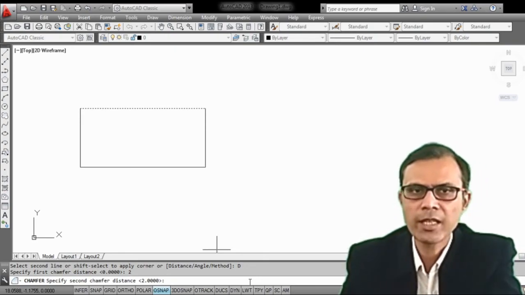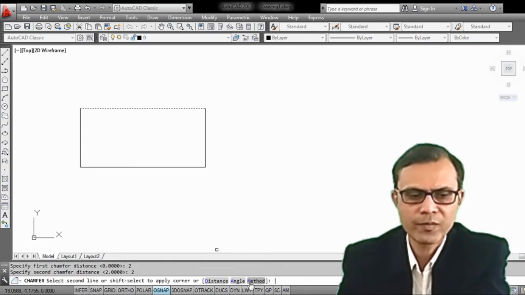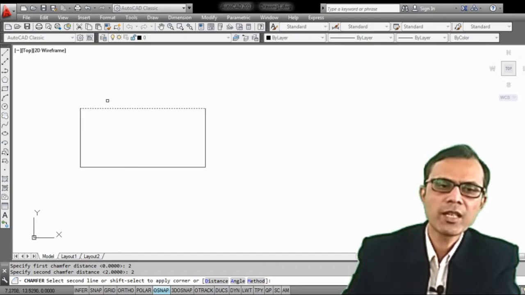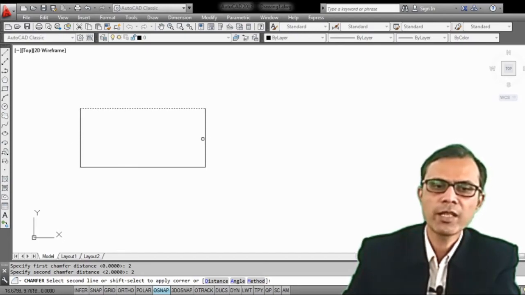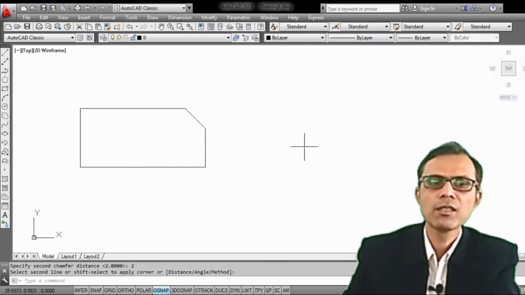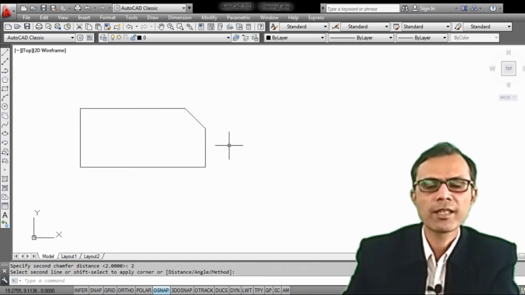Again I am taking the same distance, 2 units. Specify the second line. So second line I am taking here. If you take second line over here, then chamfer will be created in between these 2 lines. Or if you take here, then chamfer will be created between these 2 lines. So I am selecting this line. So you can see this chamfer is created.